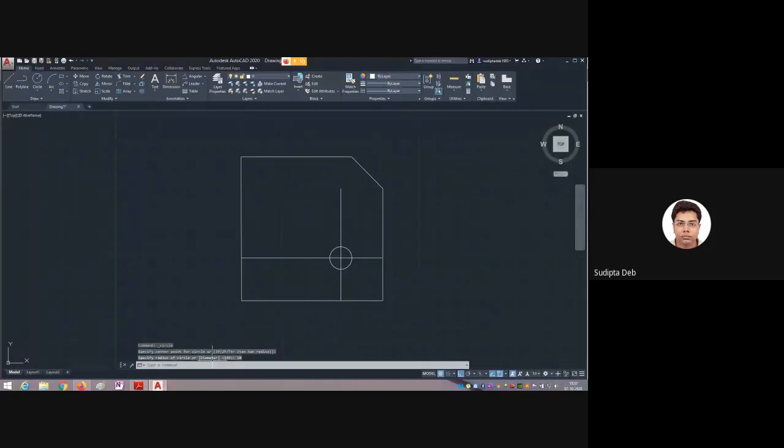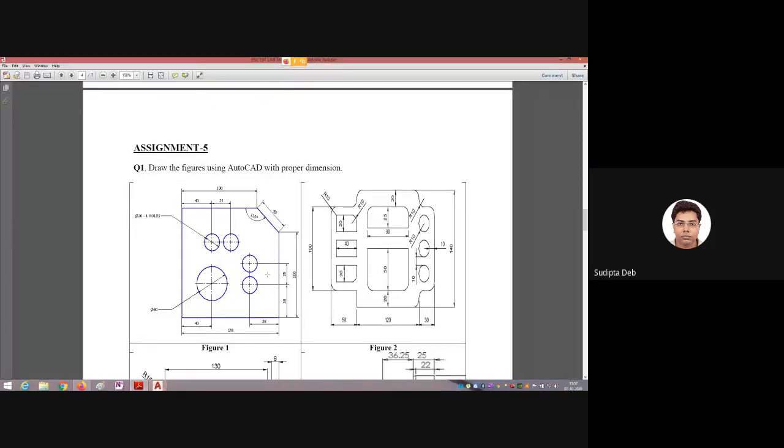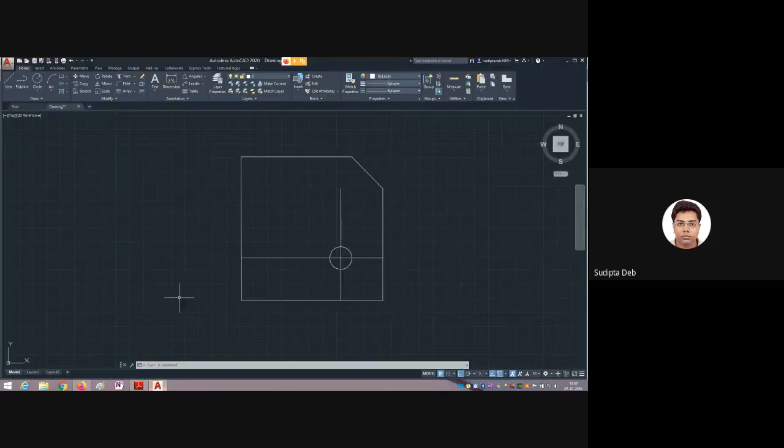Similarly, we can use the offset command to draw the parallel lines for the other holes. Okay. Now this dimension is not given, so you will consider 25. Okay. So I am using the offset command here again. O, enter for offset. The distance is now 25. Enter. Select this one because this is my reference. Now this dimension is 125. Again I am considering this direction, it is 25. Okay.